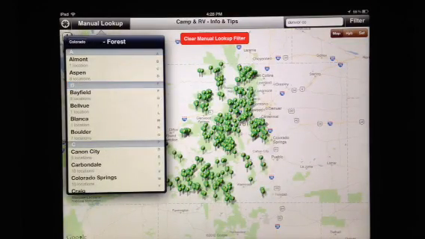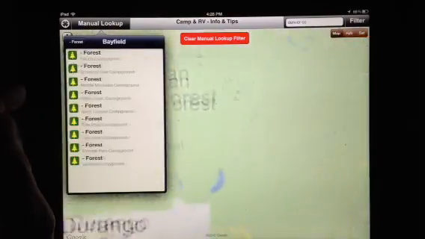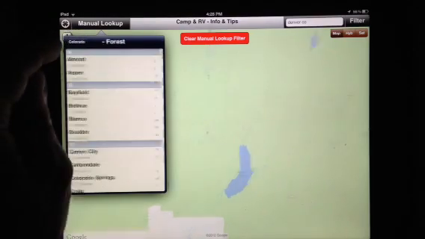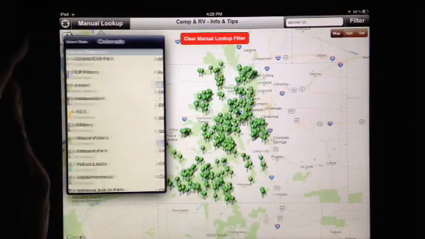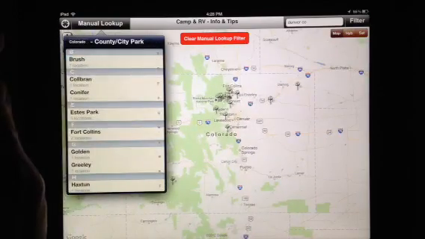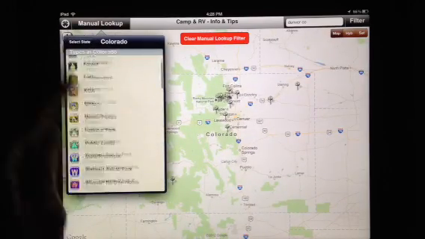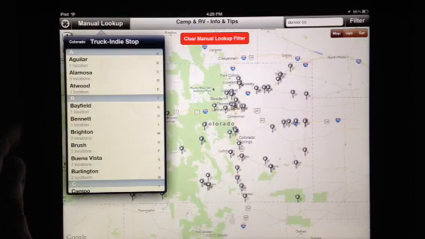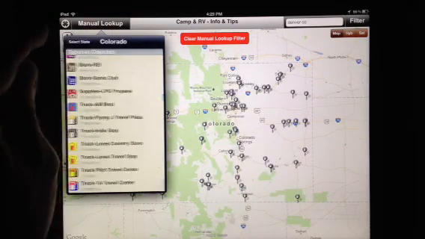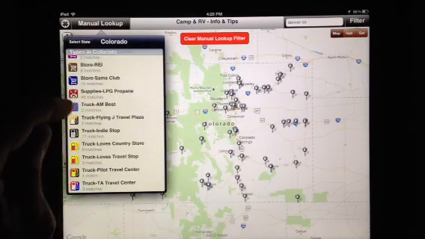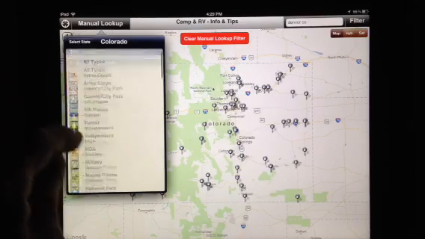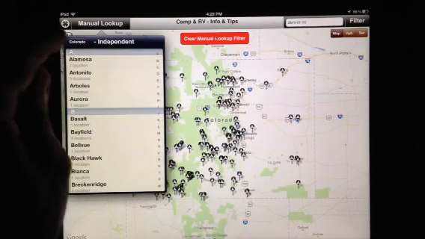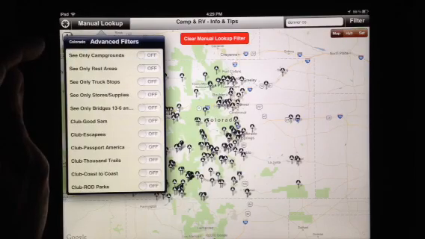We can look at only forest campgrounds. We can select an area that has multiple locations, such as around Bayfield. We can select to see county and city parks. We can also select just independent truck stops. We can also see independent campgrounds there, all of them. We can then choose